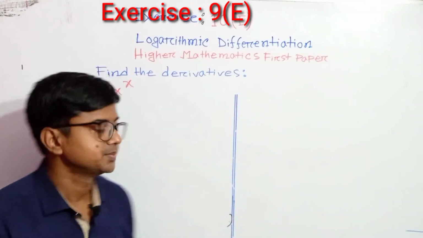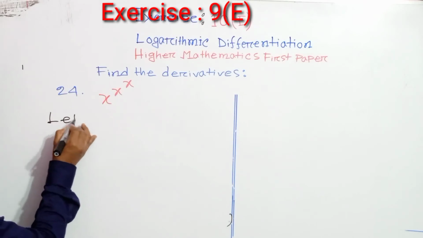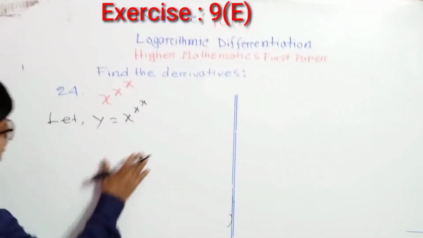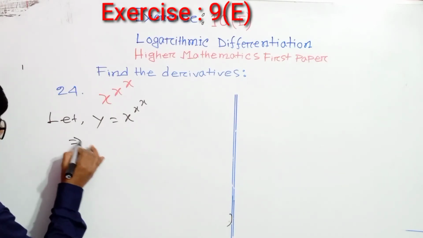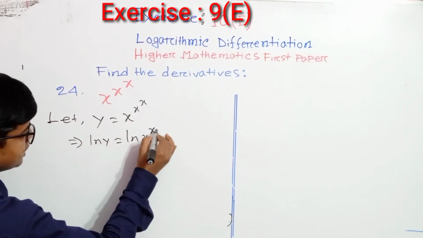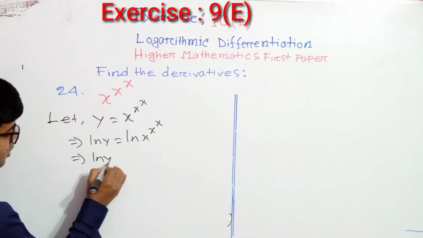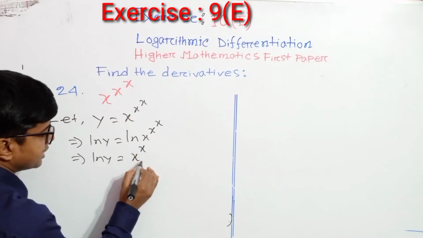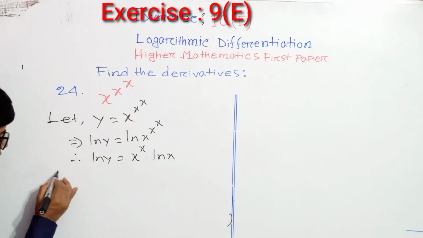Now question number 24, x to the power x to the power x. Let y equals to x to the power x to the power x. Here keep ln both sides for this type of math. ln y equals to ln x to the power x to the power x. Now ln y equals to, for the logarithm formula, we can write x to the power x into ln x. Now differentiation